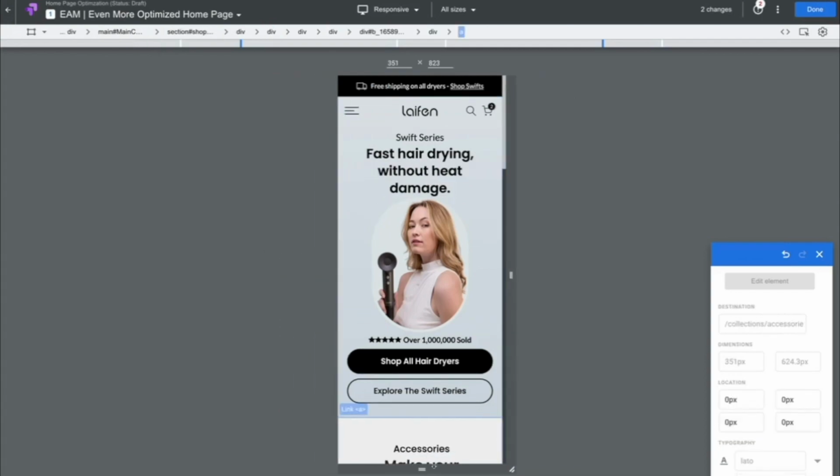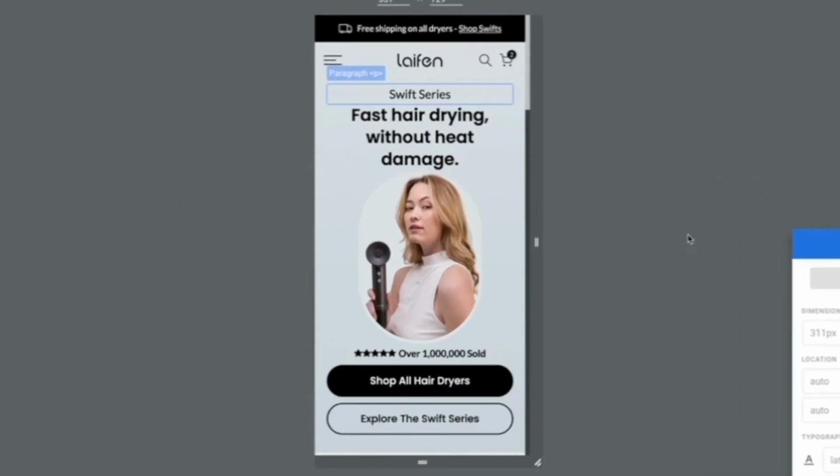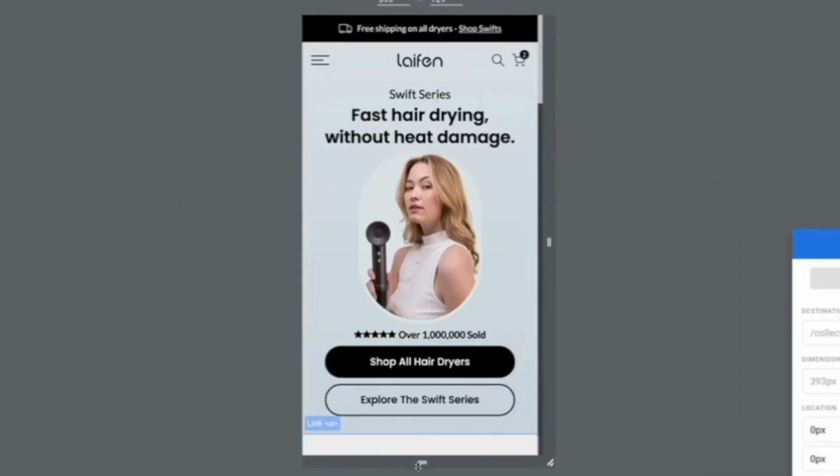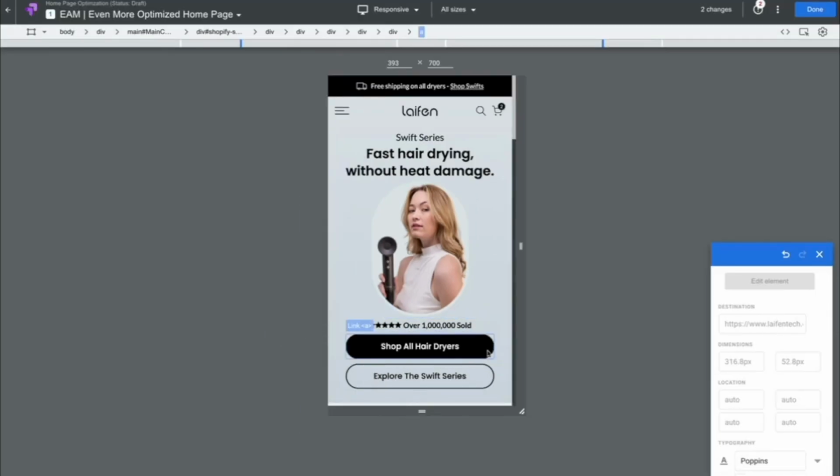So what we always recommend our clients to do, or what we always recommend people who are wanting to launch split tests do, is load up Optimize in the responsive window that shows you it on mobile. And now again, as you can see, when someone lands on this on their phone, they are presented with the main title, which is fast hair drying without heat damage. They have an image that they can see right away. We've got some great social proof there, and we've got a clear call to action that says shop all hair